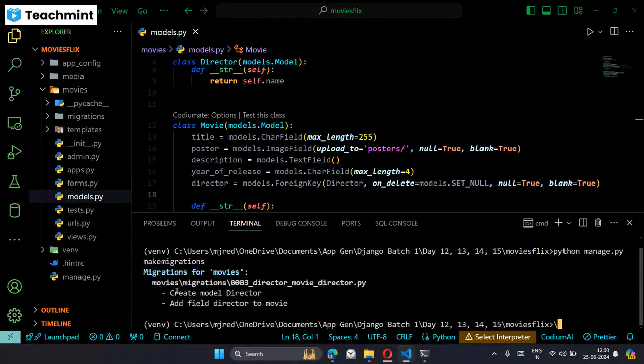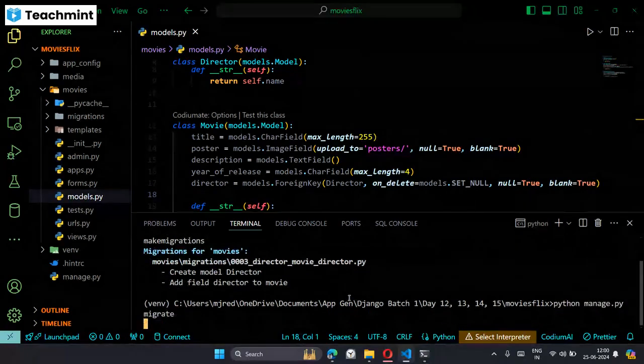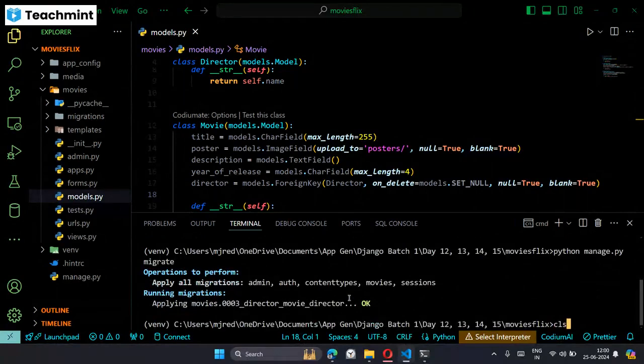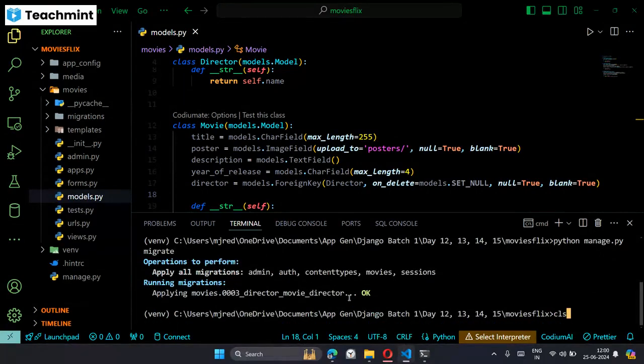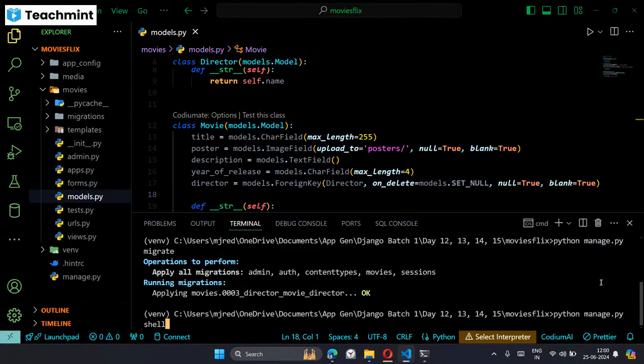So I'm trying to create a model Director, and I've added a field director to a movie. Okay, so these are the two changes I have made. Those changes are now applied. Now, to create directors for the movie, instead of creating a separate form for director and adding, what I do is simply